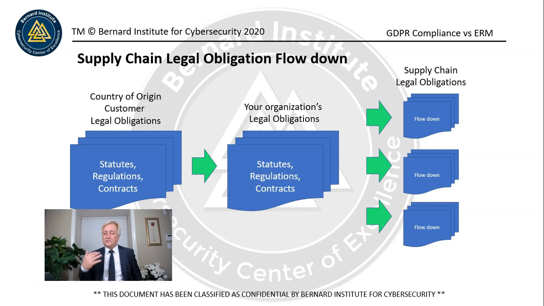So this has been going on for a long time. So for instance, if we send data to India, the laws of the US or Canada may not apply there. And if we collect that data from European citizens, their laws might not apply there either. So how do we fix this problem? Well, it's simple. Flow down clauses. So you write the legal obligations from the European Union for GDPR. You write the legal obligations from Canada to the US into an article.